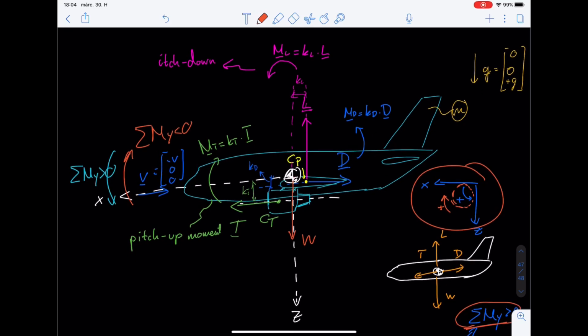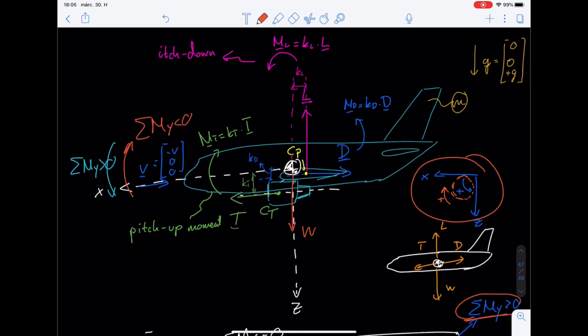And if these were the only forces acting on an aircraft, in that case, the airplane would just start to pitch up or pitch down uncontrollably, and the pilots wouldn't be able to control the aircraft around the lateral axis. However, you already learned that